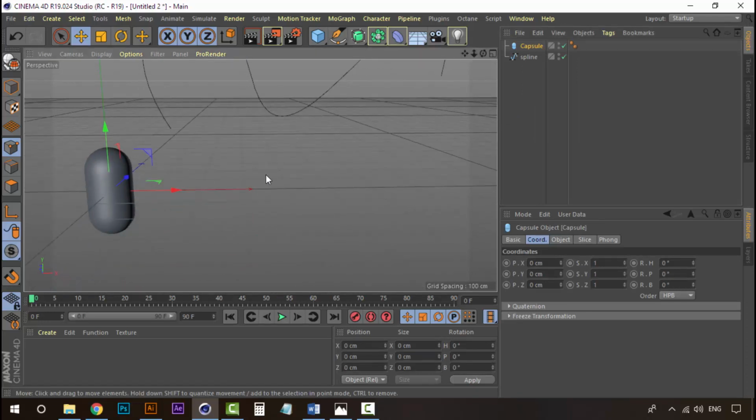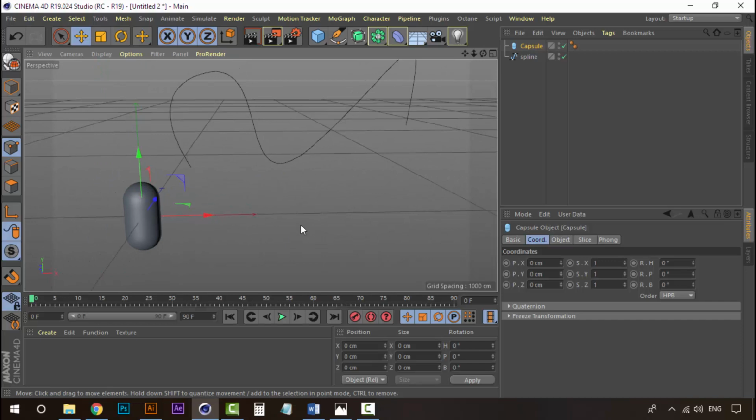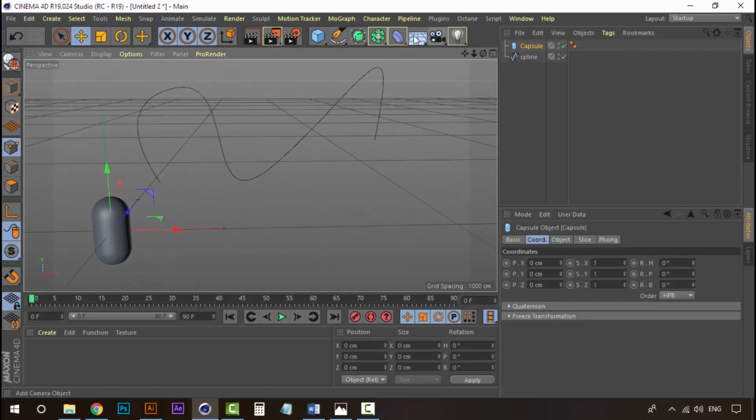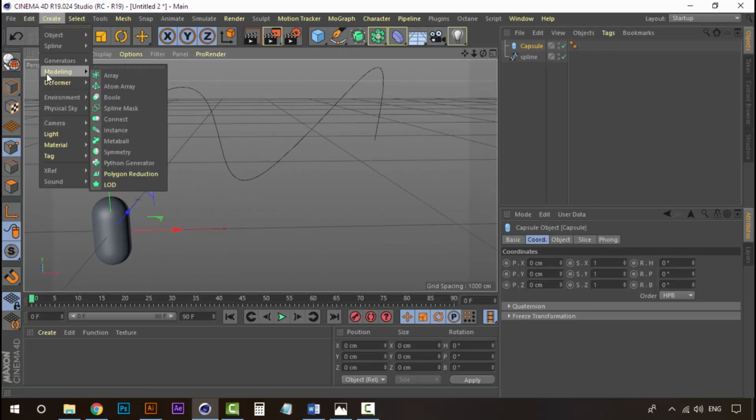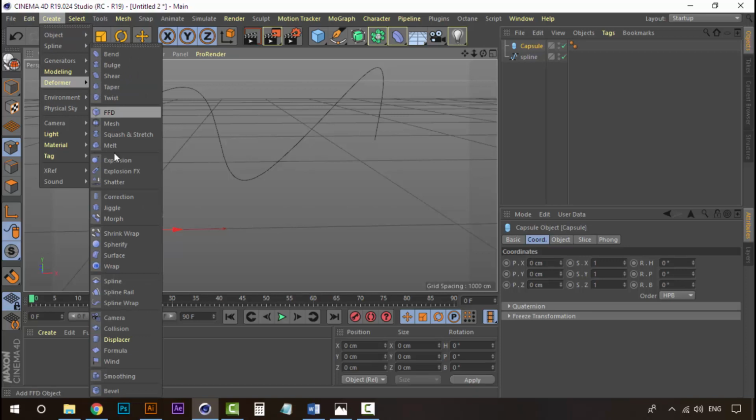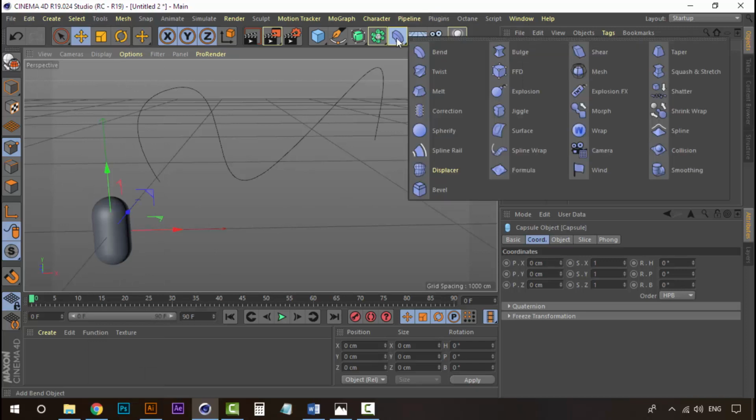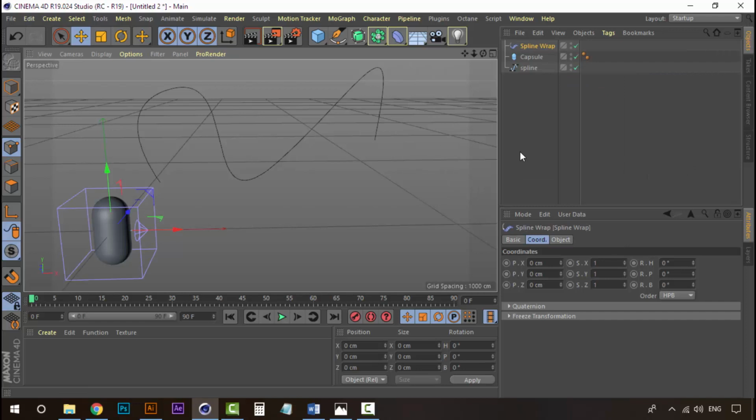We now have the capsule. Don't worry about changing anything on the capsule right now. Now we're going to the deformers. You can go to create deformer